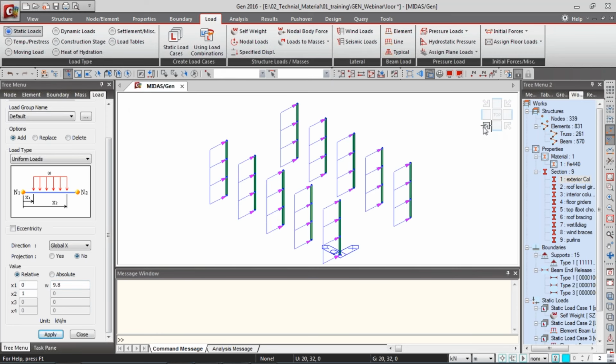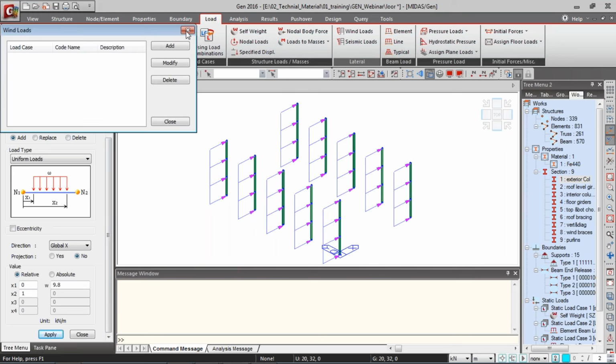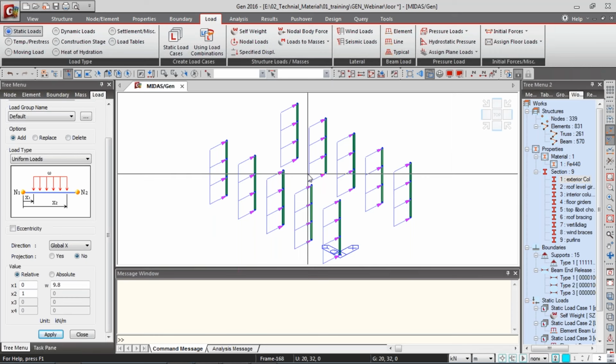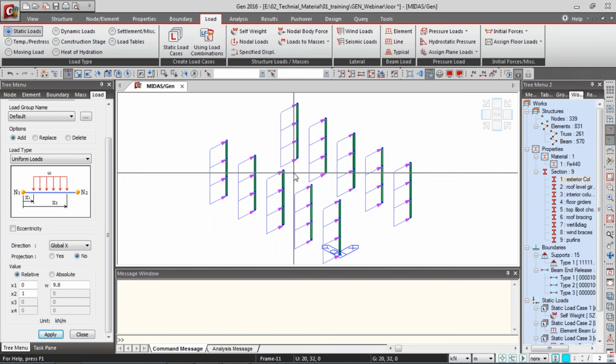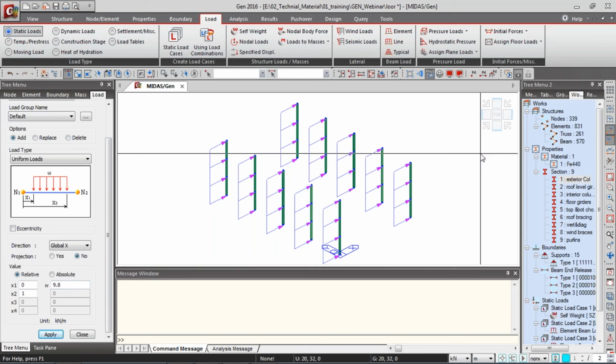Of course, for wind calculations, manual calculations have to be done, and such kind of element loads or nodal loads are required to be applied. In case of RCC structures, we have got wind loads as a command, but in case of structures like steel structures, roof trusses and all, we have to manually calculate and apply as element loads and nodal loads. So now that we have applied it for the exterior columns,